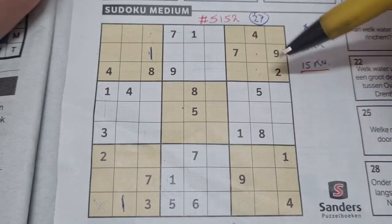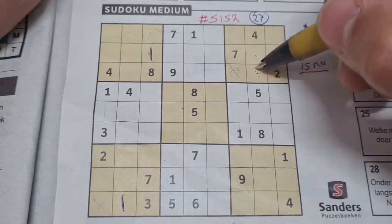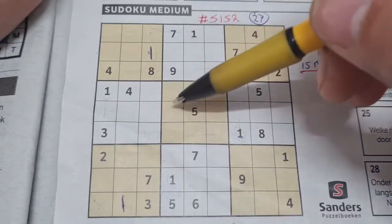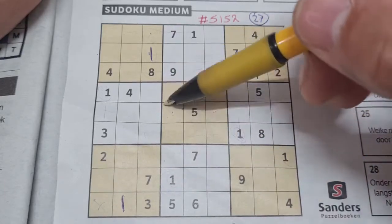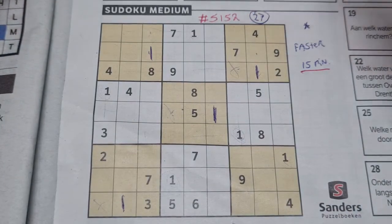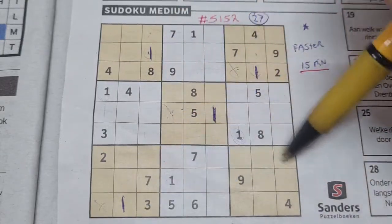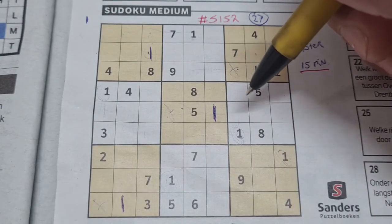The only 2 places left for the 1 should be here or there. We see a 1 in this column, so no 1 there. 1 should be there. 1 in this row, 1 in that row, so the row between, the middle row. The only 2 places left for the 1 should be here or there. We see a 1 in this column, no 1 there. 1 should be there. Alright, and all the 1s are used. I can see digit number 1. And now, next,